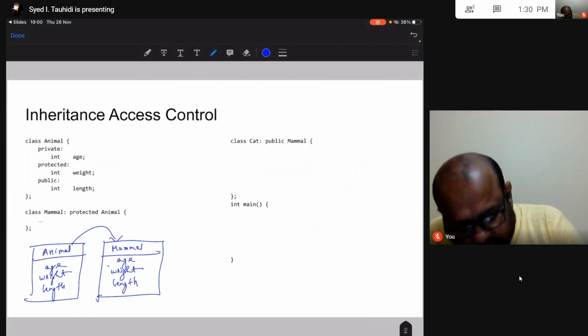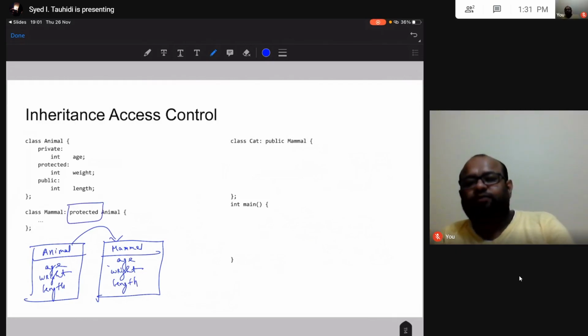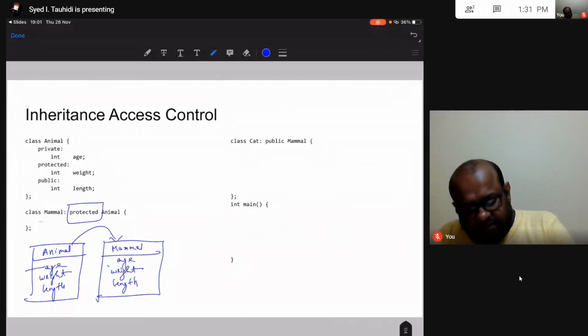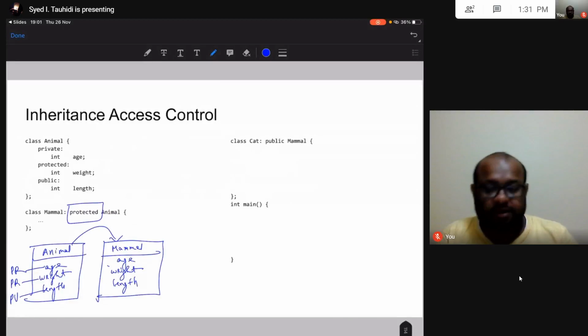Okay, is of type protected. So instead of writing public over here, now I'm writing protected. So what is the change that is going to happen? Age was private, weight was protected, and length was public. All right. So if I do protected inheritance, what is going to happen?